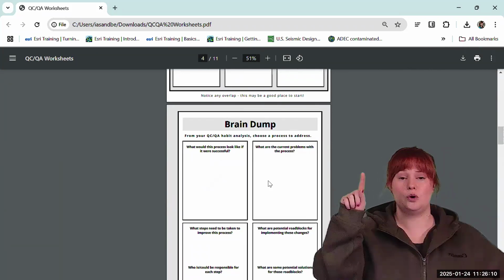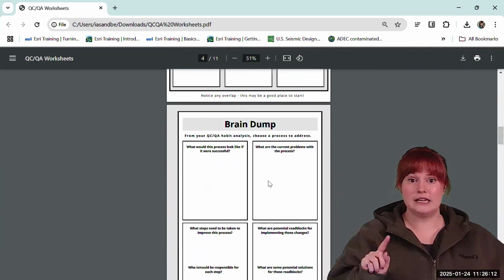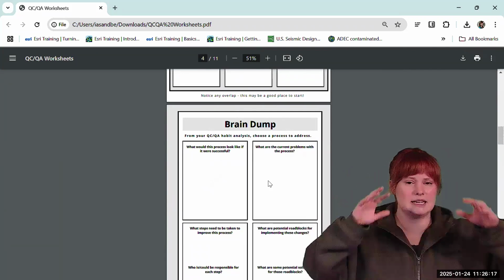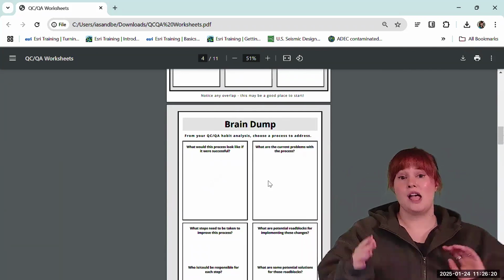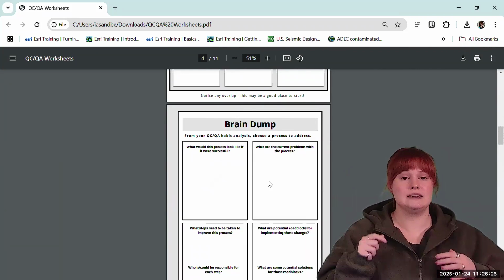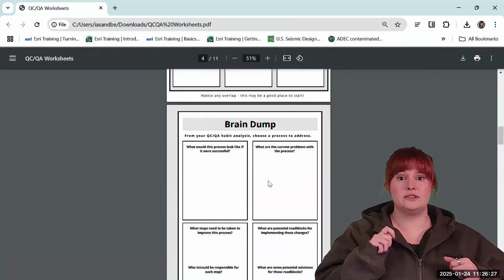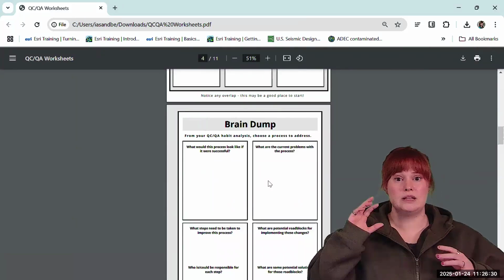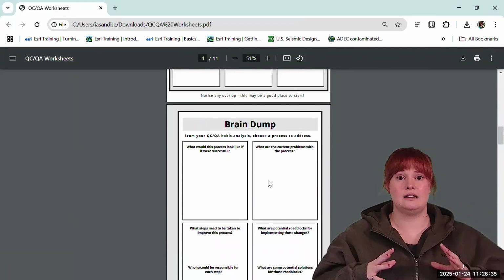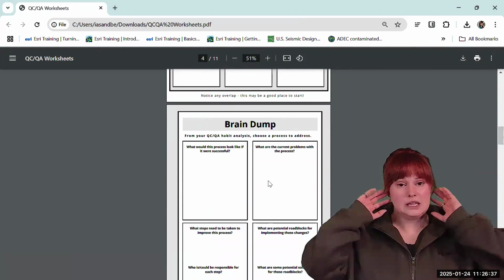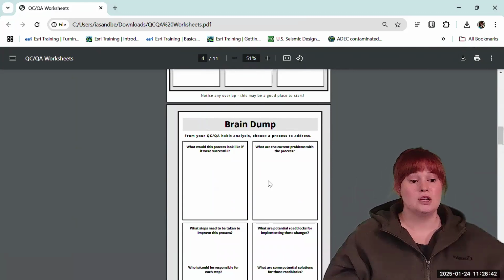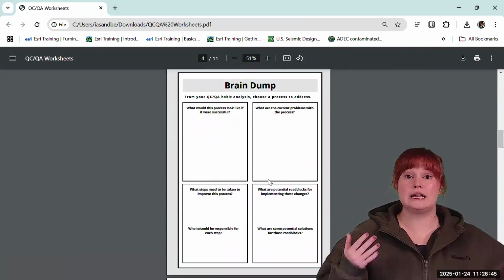You don't necessarily have to go through this sheet linearly. You can jump around on this one, and I encourage you to do it. Just get all of those good ideas out and onto some paper. I also encourage you to print these sheets out and do this by hand. I think that the act of writing stuff down instead of typing it out uses a little bit different part of your brain. And I think that in this case can be helpful to really get yourself in a different headspace to think about new ideas. So you want to think about, what would this look like if it was good?